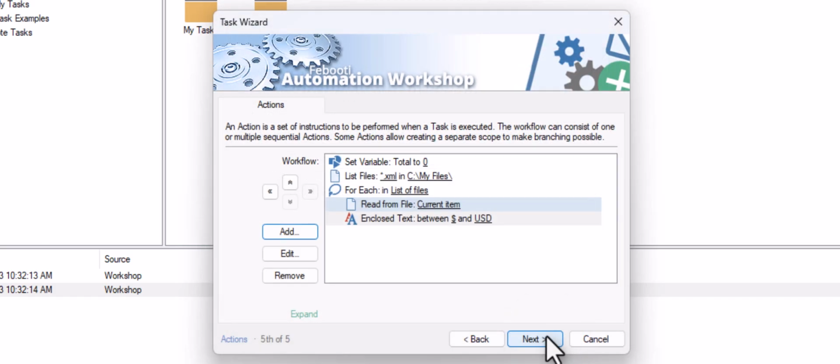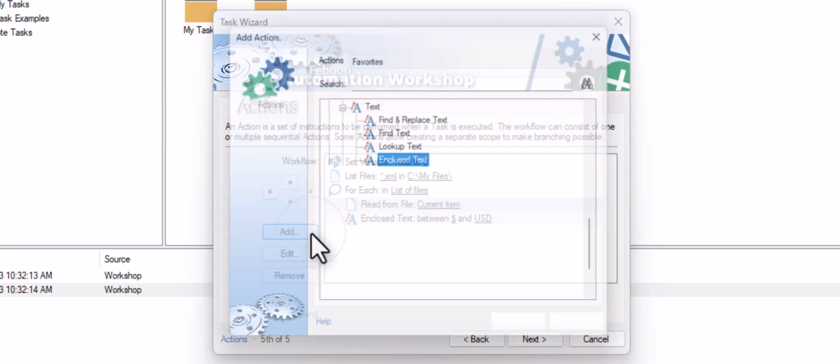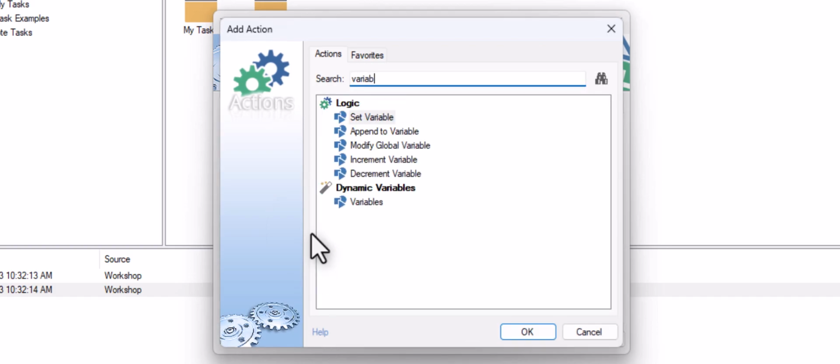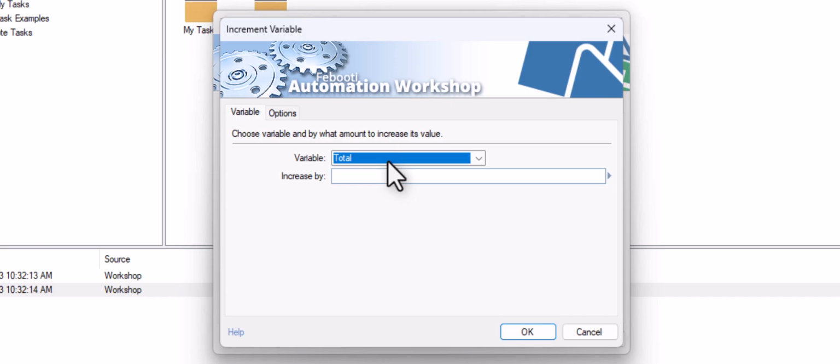Now let's add the extracted number to the total variable. I am going to use the increment variable action. Since we have declared only one variable named total, it is selected by default.